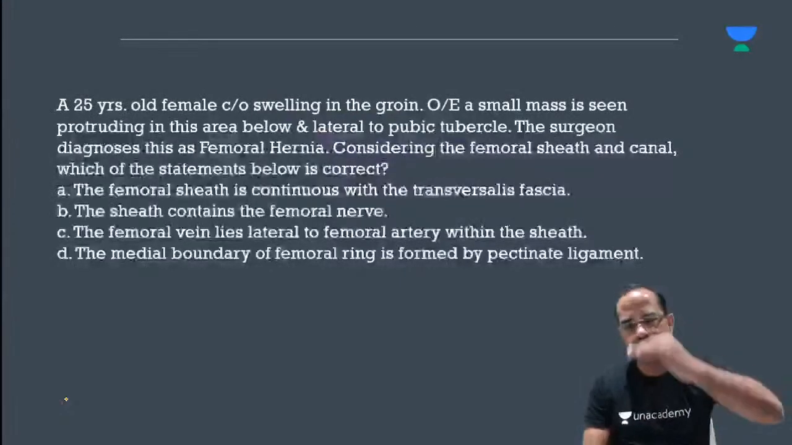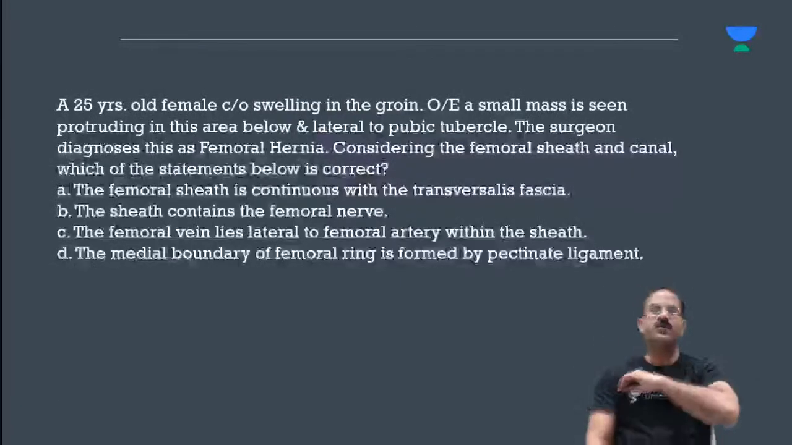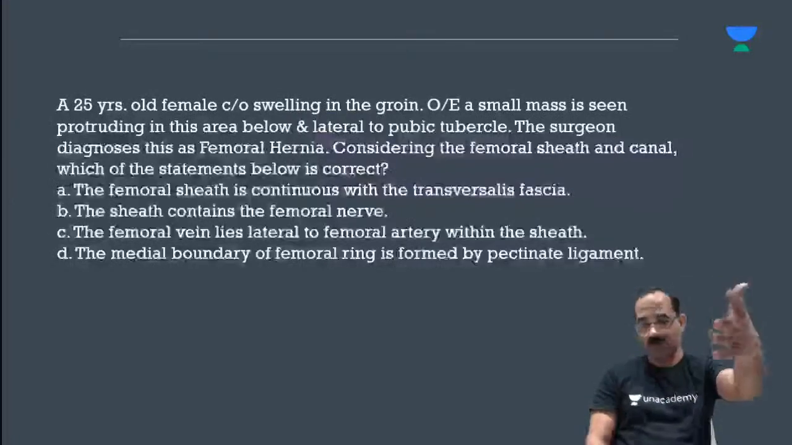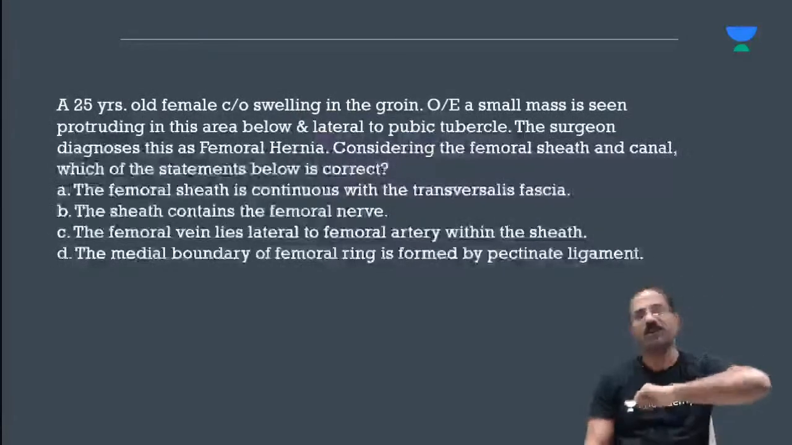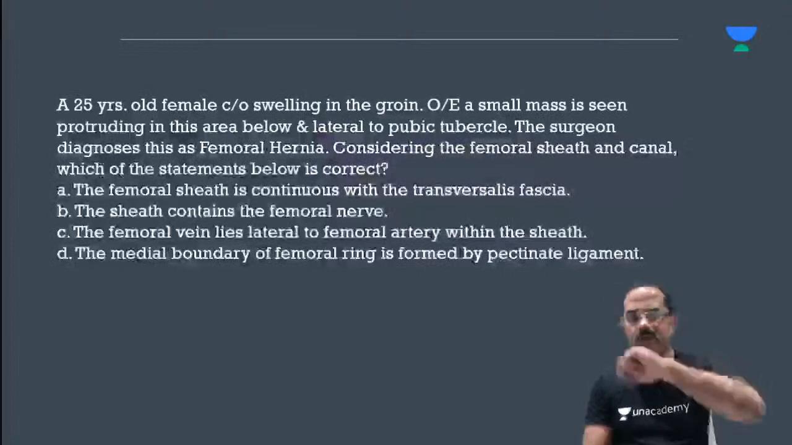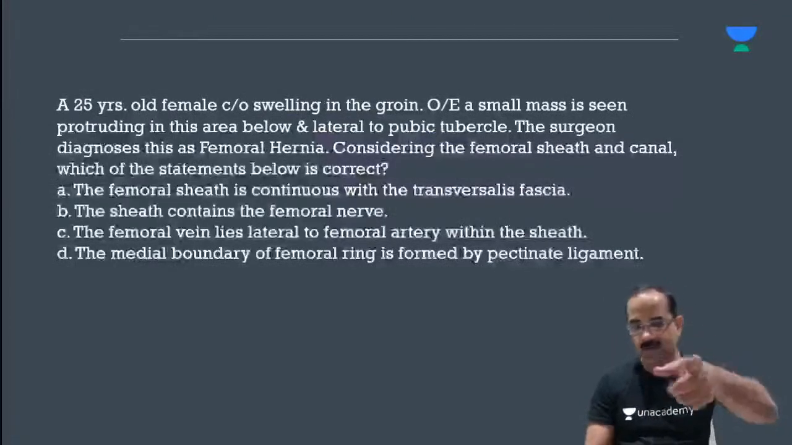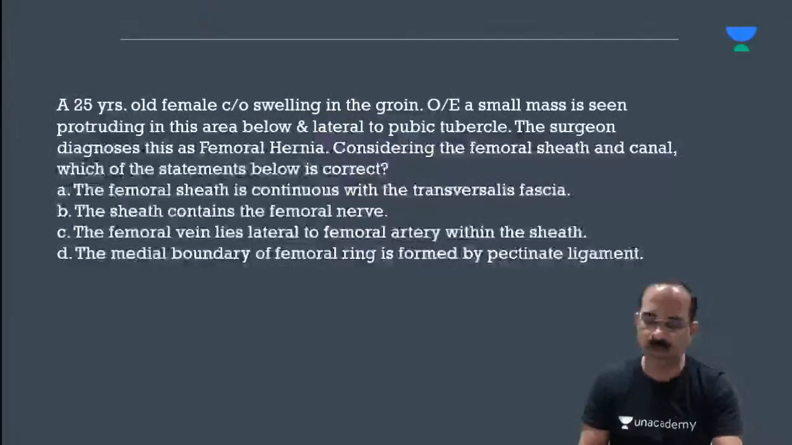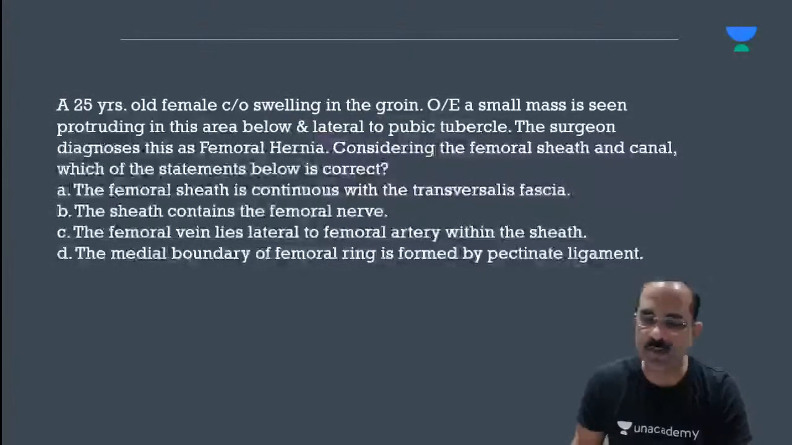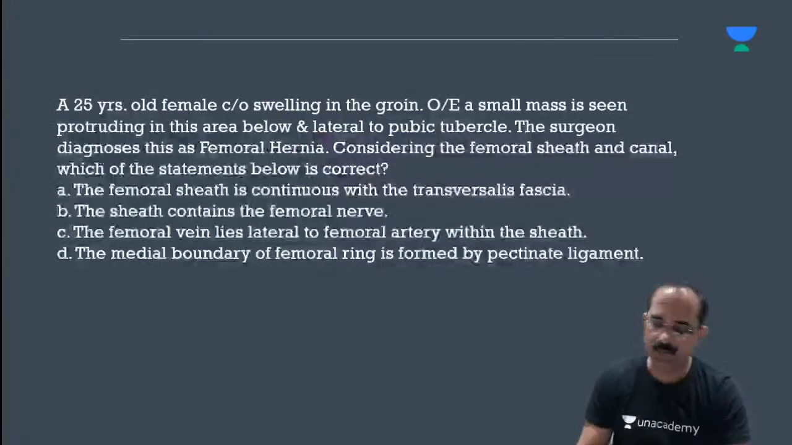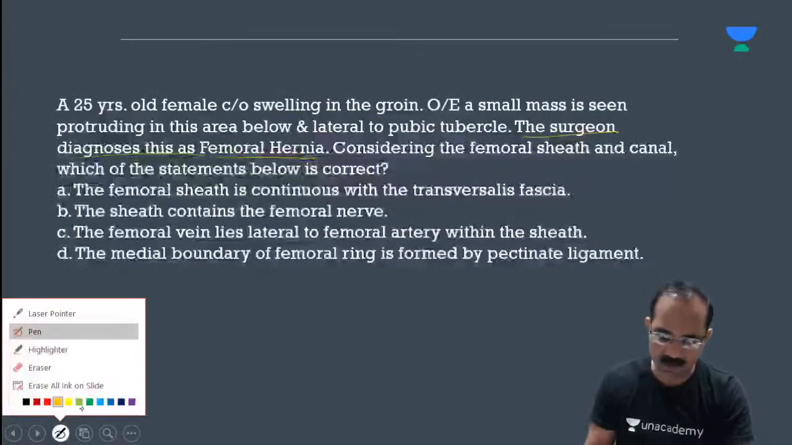Swellings in the groin. If it's above and medial to the pubic tubercle, that accounts for inguinal hernia, correct? Below and lateral to the pubic tubercle would be femoral hernia. The surgeon diagnoses this as femoral hernia, correct? Now,